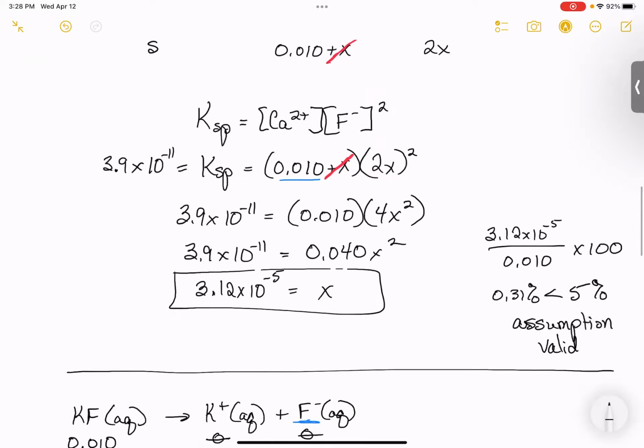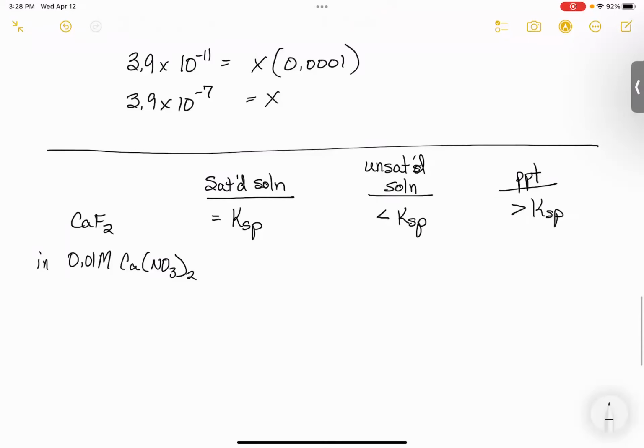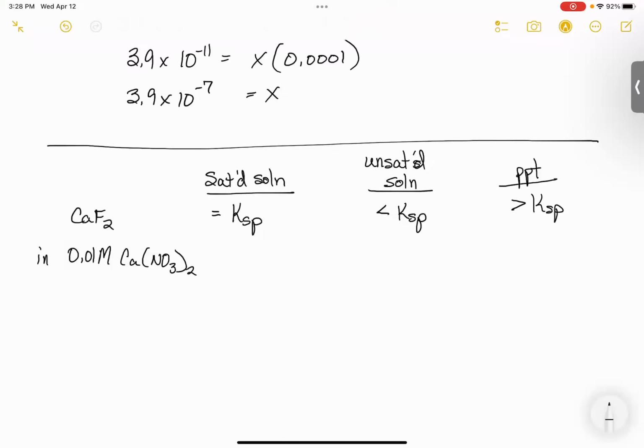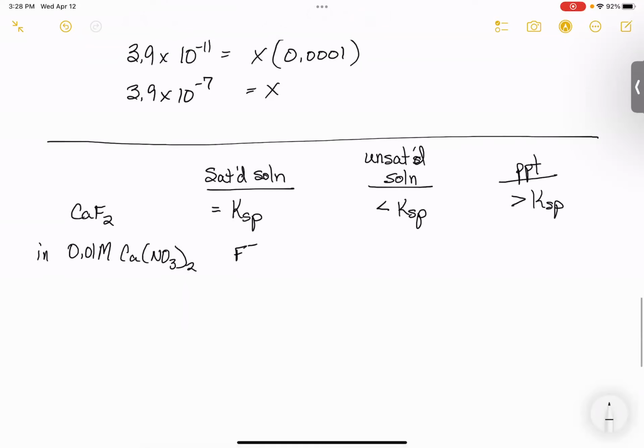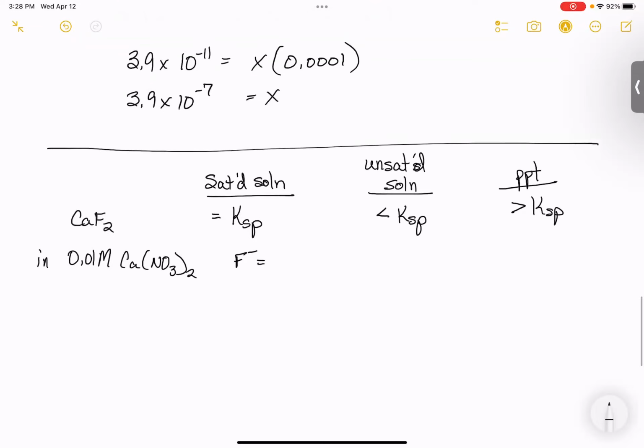So in other words, the fluoride concentration has to be less than, or has to be, if it is equal to